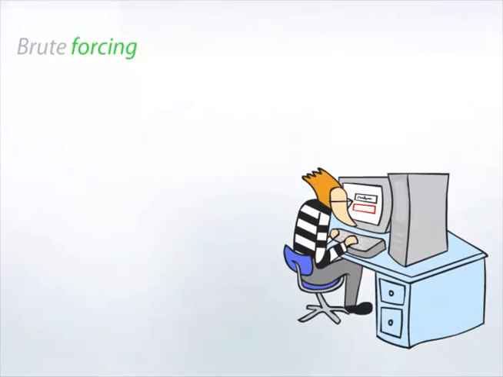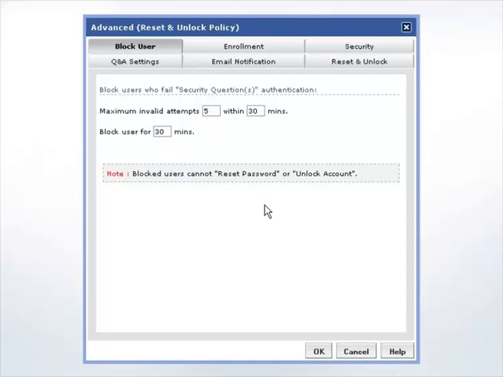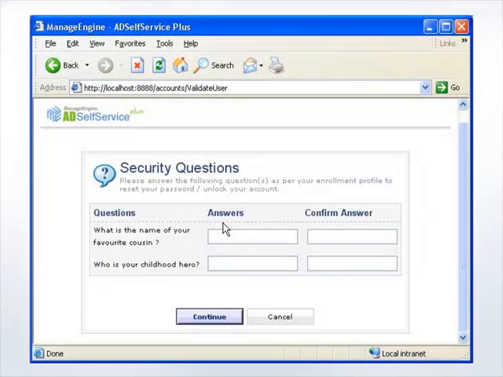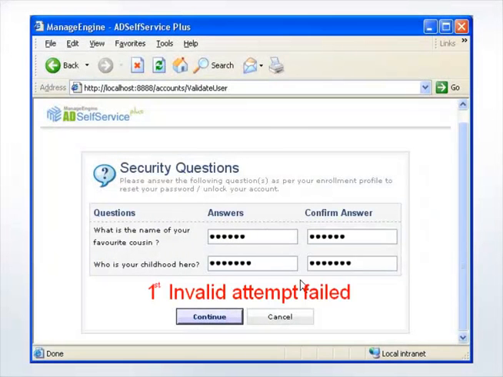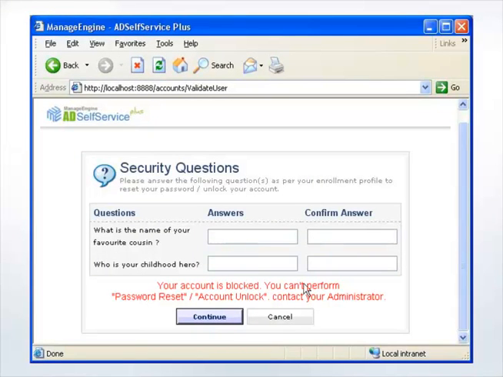Brute forcing. If a hacker manages to guess a username, then he might try brute forcing the security answer. That is, try out all possible combinations. To prevent this, AD Self-Service Plus offers a lockout mechanism, wherein an account from which brute forcing occurs can be locked out. Administrators can define the threshold for unsuccessful attempts, and also determine the lockout period for an account responsible for such attempts. He also has a failed attempts at security questions report to help him find which account must